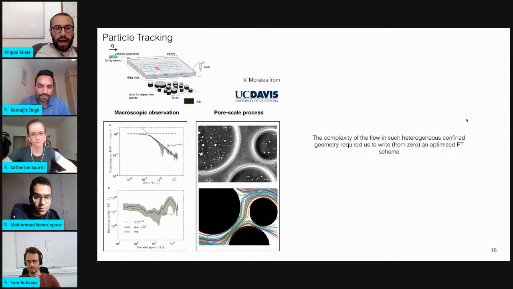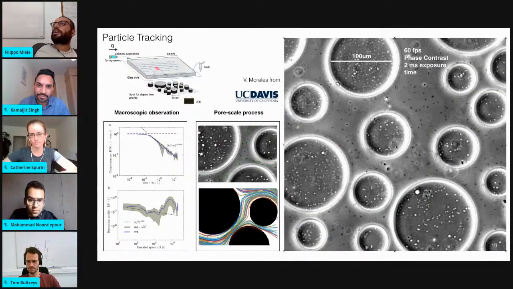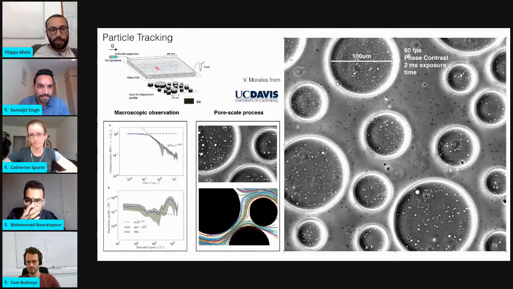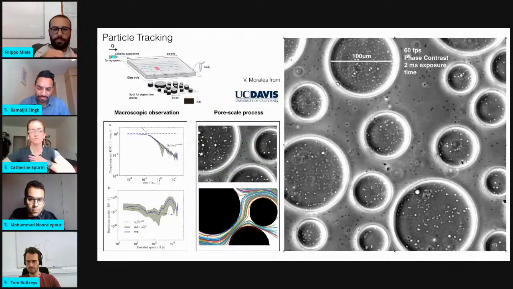Now, the advantage of our experimental setup is that it's possible to find the link between the macroscopic observation of the breakthrough curves and the deposition profile with the post-process by particle tracking. The complexity of this confined, heterogeneous geometry required that we write our particle tracking scheme from zero. For which reason? Here you can see that while the deposition profile and the breakthrough curves have been collected in fluorescence channels, so we were able to detect only particles,